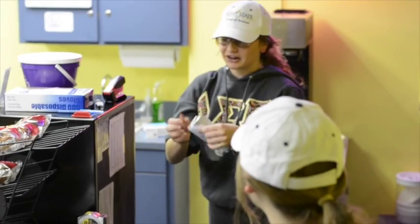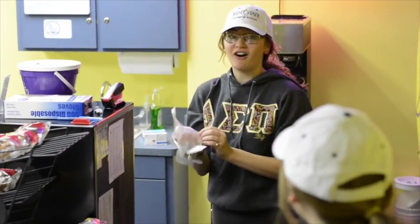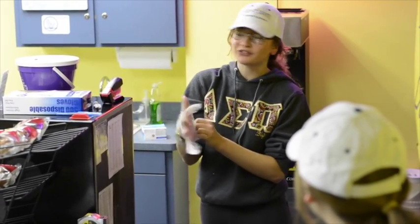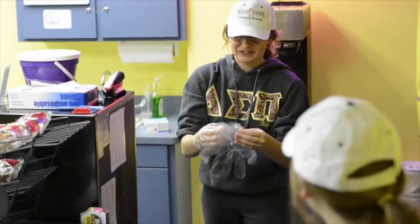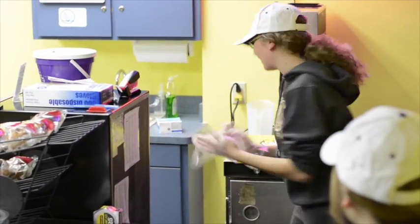Once the pizza gets here, you want to make sure that it's at the correct temperature. Also, notice how I'm putting on my gloves without washing my hands first. This is a big no-no, but I'm not going to do that right now because of the training video. So bear with me for a second. Alrighty, after you have your gloves on,